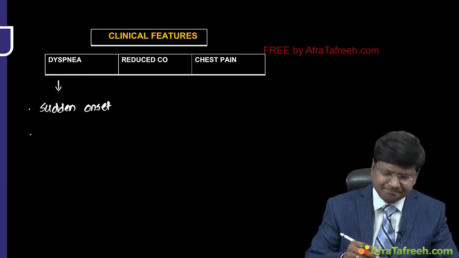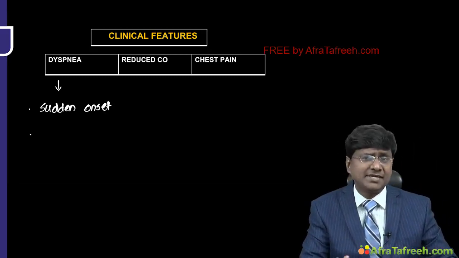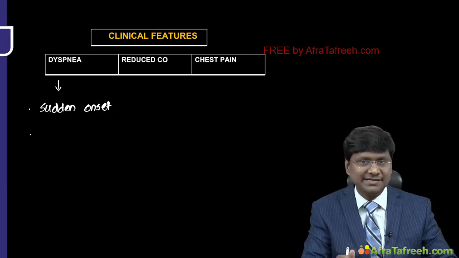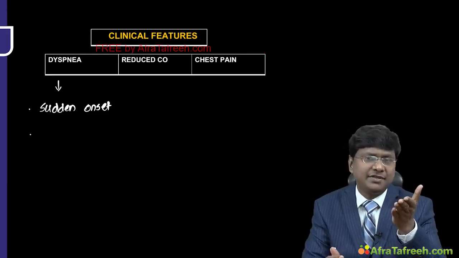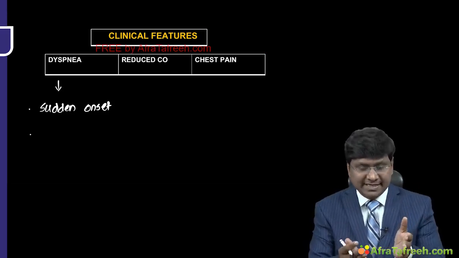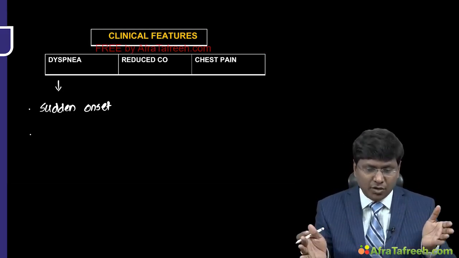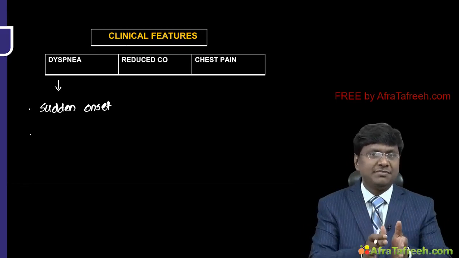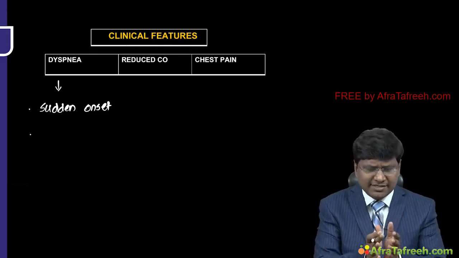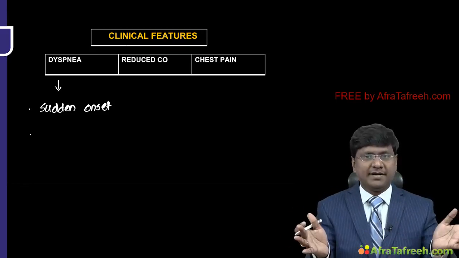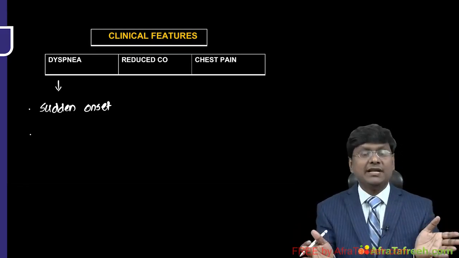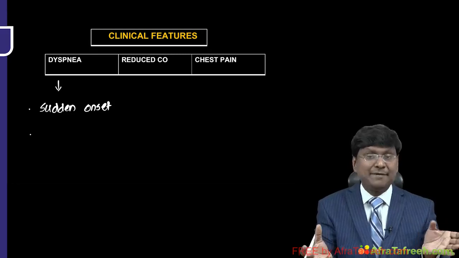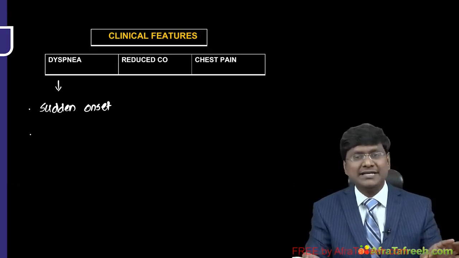Sudden onset dyspnea. There are multiple mechanisms for why there is sudden onset dyspnea. The mechanism is that the elevated pressure within the pericardial space will not only exert pressure over the chambers of the heart, it will also exert pressure on the surrounding lung parenchyma, right? When pressure is exerted on the surrounding lung parenchyma, the expansion of the lung parenchyma suddenly stops,